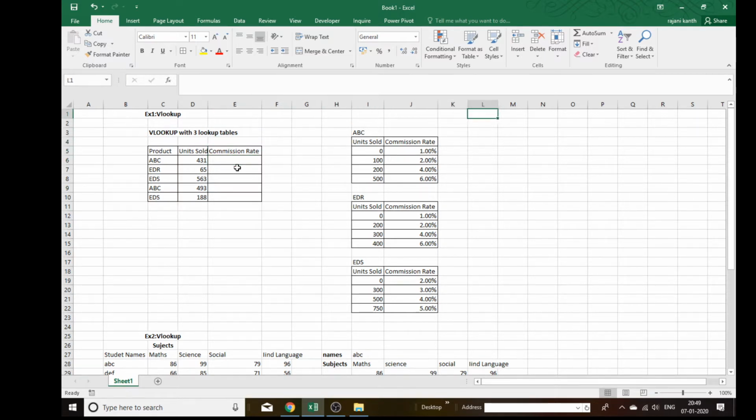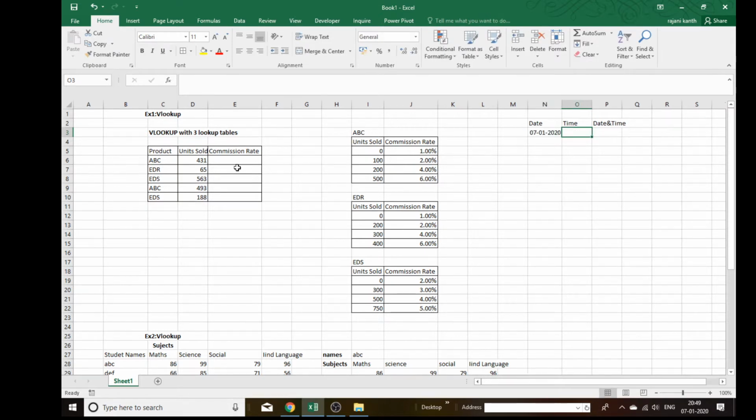I'm using 2016, so it may not work here. Date, time, date and time. It's a dynamic one. Control semicolon, control colon.